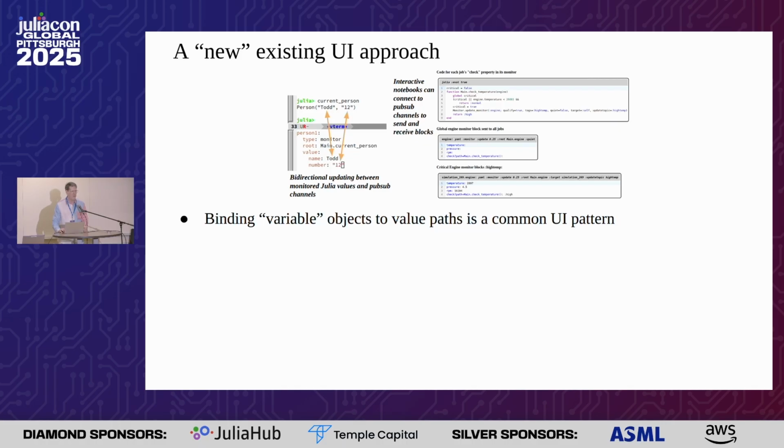Packages like Vue.js use it, and observables.js or .jl uses something like this, or can use it. So Monitor.jl implements this in Julia,